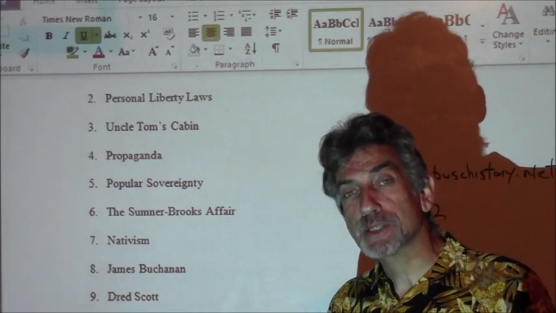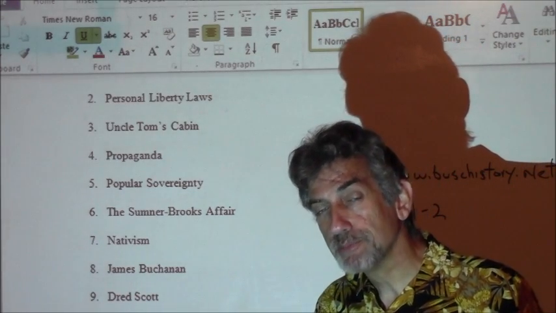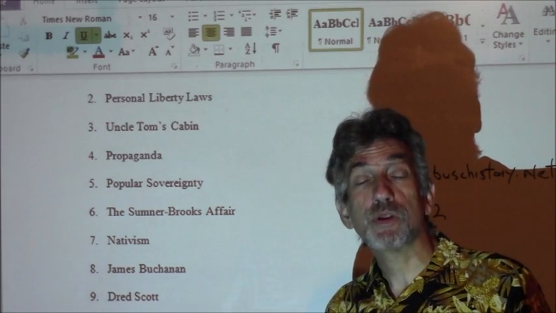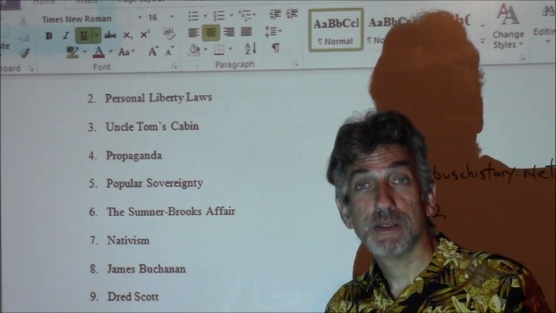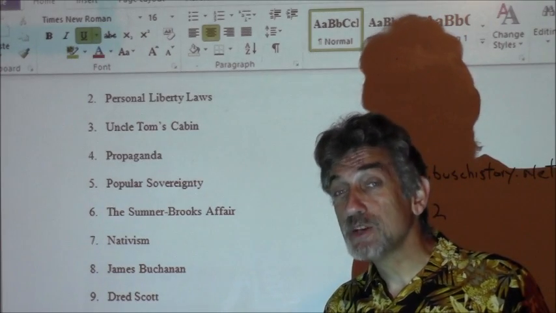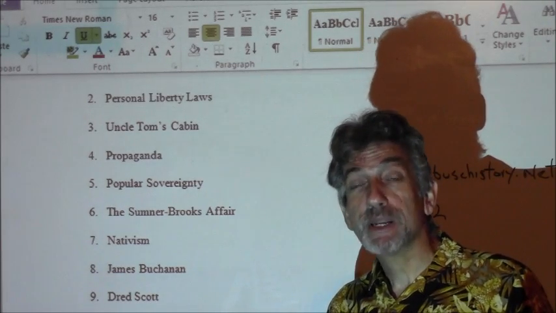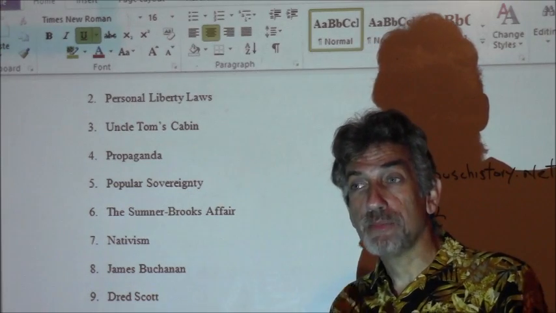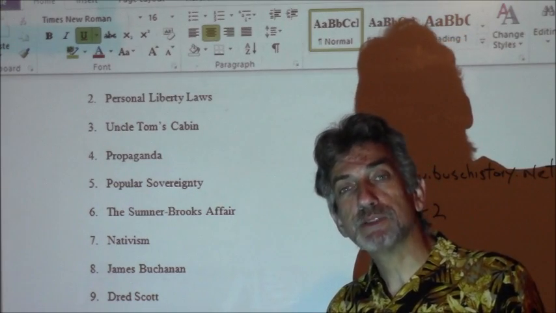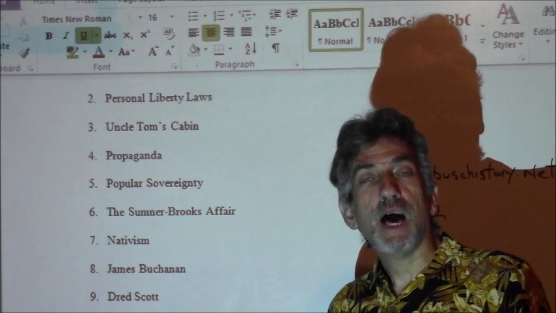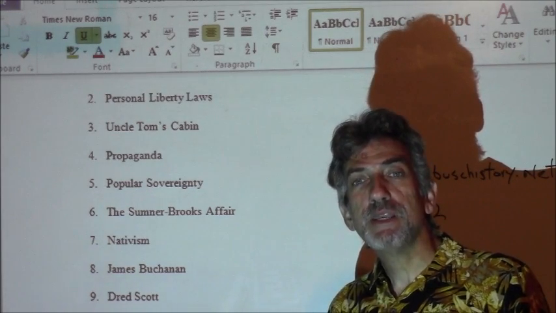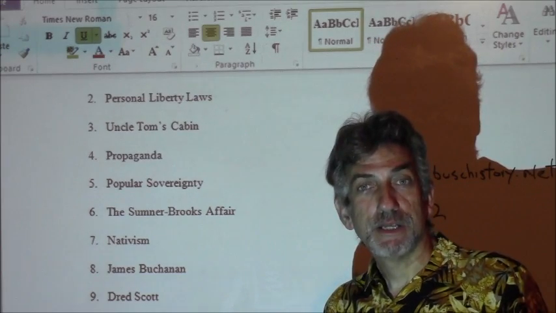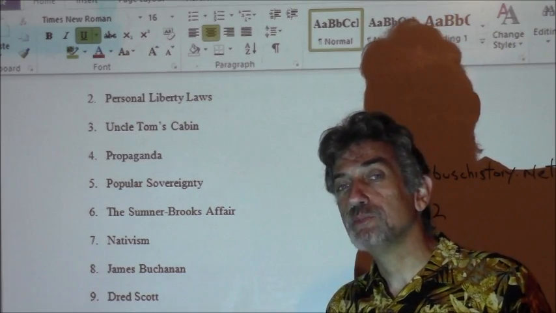The bigger part about the Sumner Brooks affair is how the public reacted to it. In the South, Preston Brooks was a hero. In the North, he was a criminal. Charles Sumner did not die. He returned to his duties, but he did have some nerve damage, and on one side of his face there was apparent weakness in the muscles, and he was permanently, I don't want to say disfigured, but he was permanently in some way incapacitated from doing all of the things he could do before.